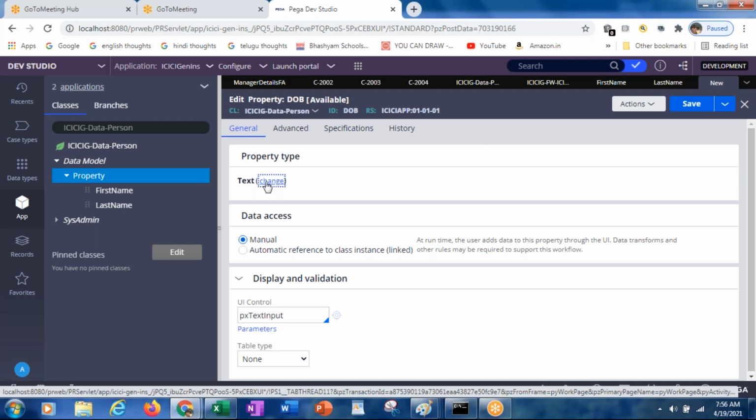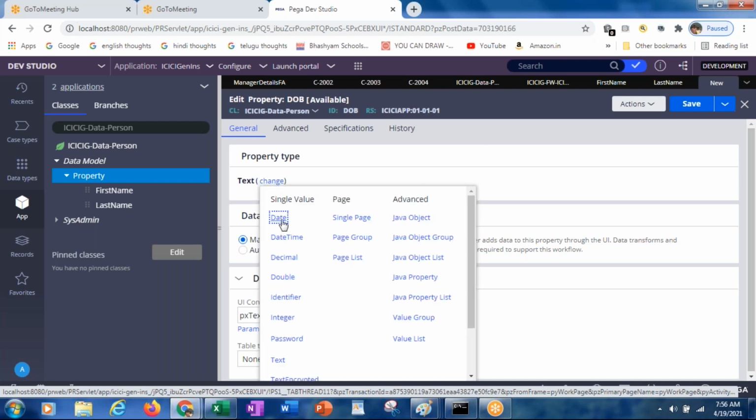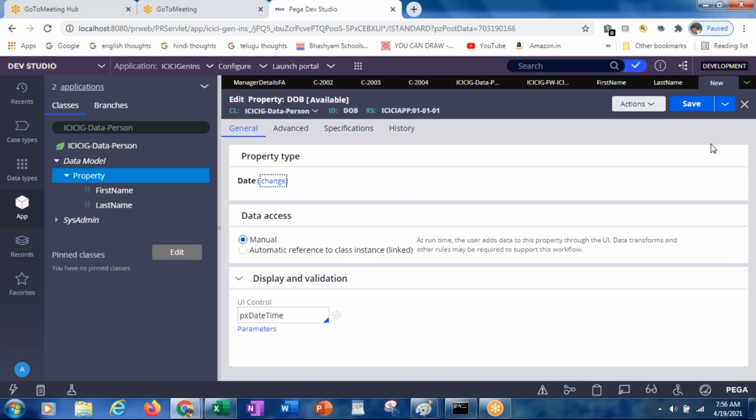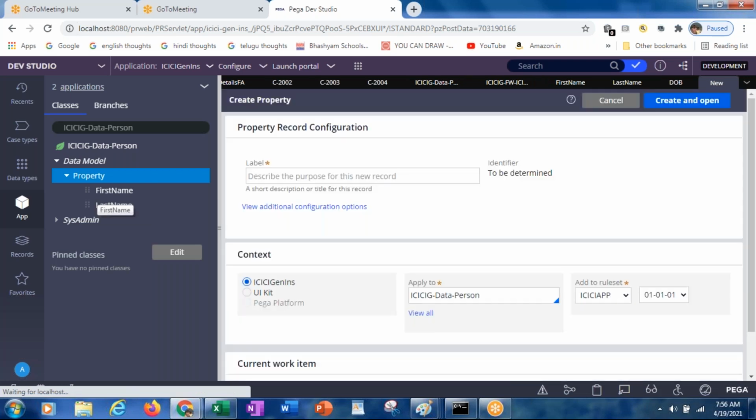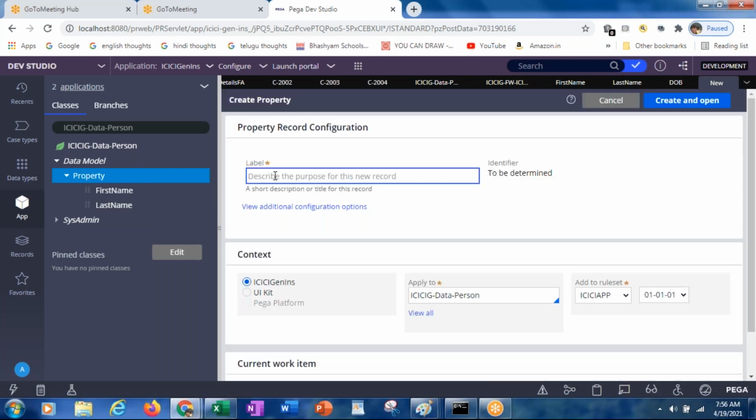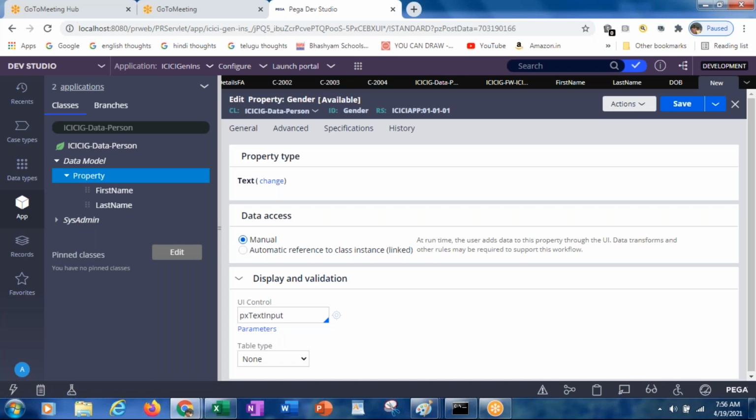This date of birth is what kind of data type? Date. And then save it. And next, gender. Let me create only gender. This gender is what kind of control?